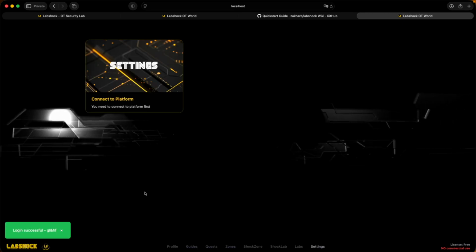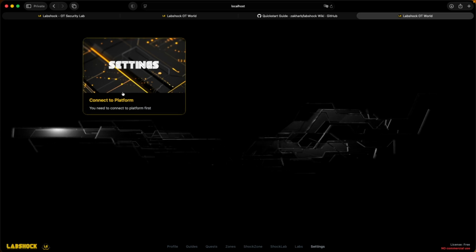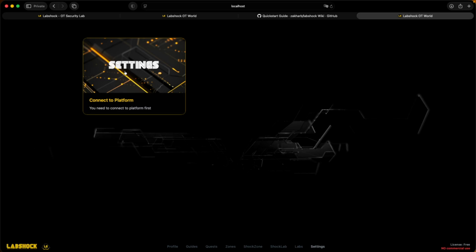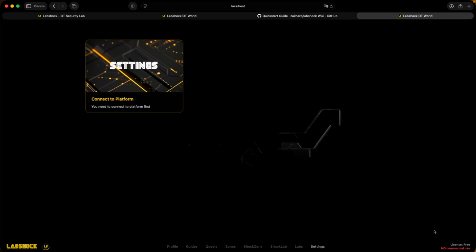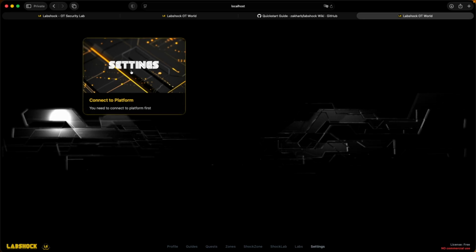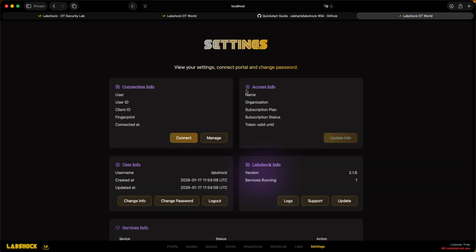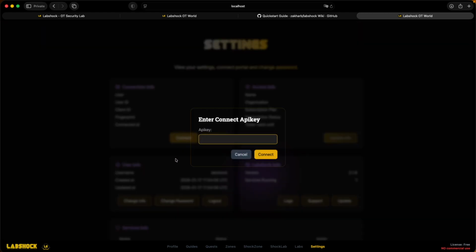This is the starting page when you are running the Labshock for the first time and it's not connected to the world. We have only one tab, settings, and at the right bottom we see that the license is free, no commercial use. Next, we are clicking the settings, and you can see a pretty similar picture: the connection info is empty. And next we need to connect it to our platform